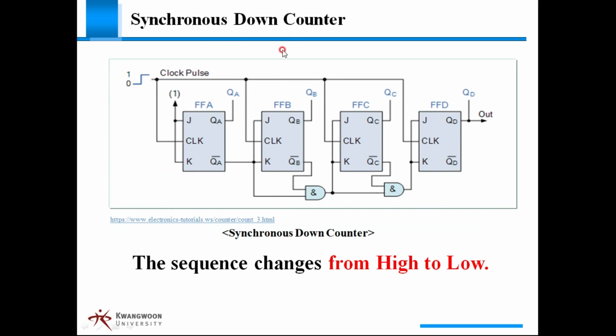Conversely, the synchronous down counter operates so that the sequence changes from high to low. So I will explain the operation briefly. Let's consider that QA is 1, QB is 1, QC is 1, and QD is 1. And the first flip-flop's input is 1, and it goes into J and K. So